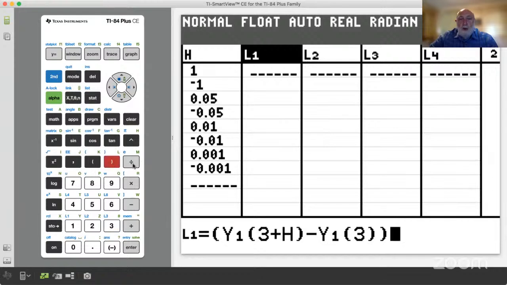And then we're dividing that entire difference by h. Now, what's h here? Well, h is actually a list of values. So what's going to happen in L1 is it's going to take each value of h, plug it into this, compute the result, and put that as the corresponding entry beside that value of h in L1. So it's very slick. Let's hit enter, cross our fingers, and